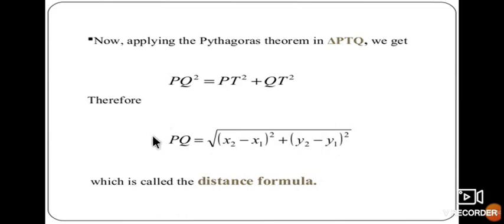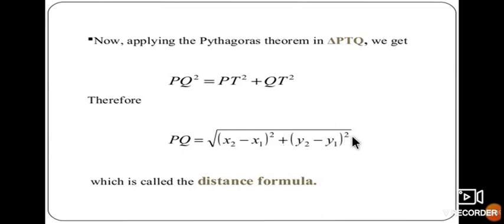The distance formula is therefore PQ is equal to square root of (x2 minus x1) whole square plus (y2 minus y1) whole square. Now using this formula we can find some more problems on distance between the two points. Two points are given, and to find the distance between them we use this formula. Therefore d, or PQ, is equal to square root of (x2 minus x1) whole square plus